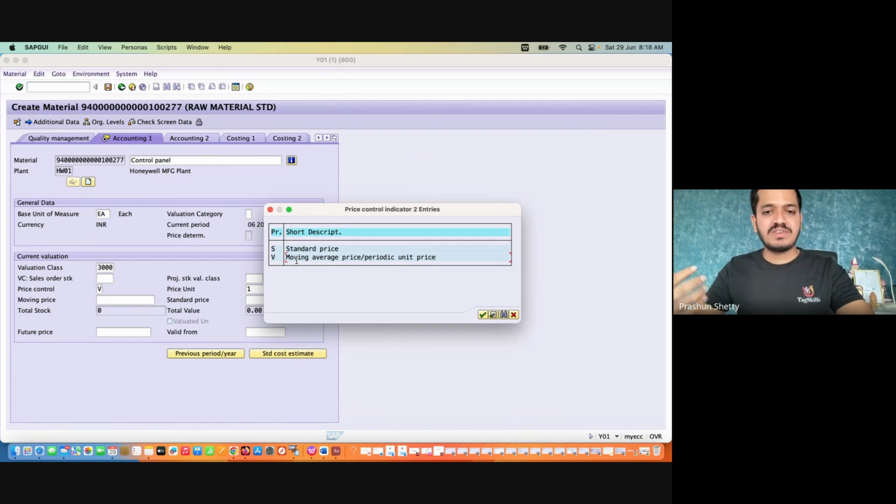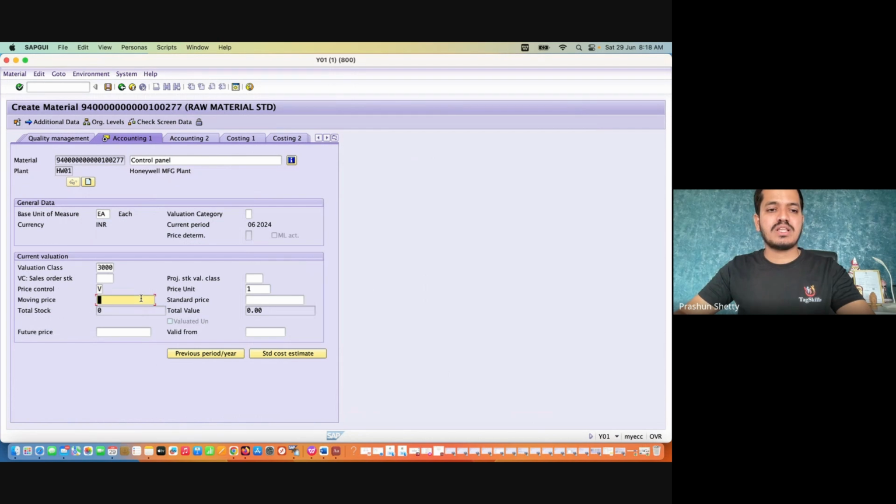Then if any price is fixed, for example semi-finished or finished goods, you can go with the standard price, which you are going to decide internally, instead of setting up the moving price. You can go with the standard price. So I'm going to add this moving average price, and then I'll type the price of this particular control panel